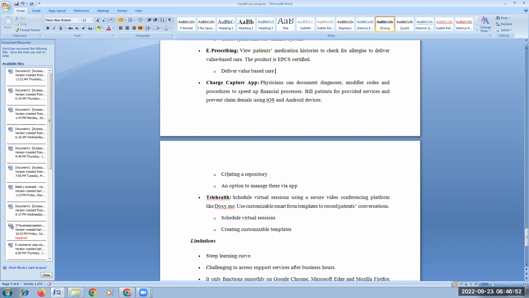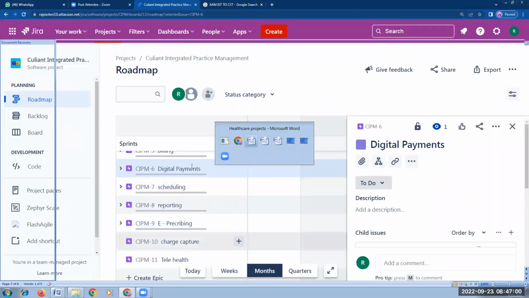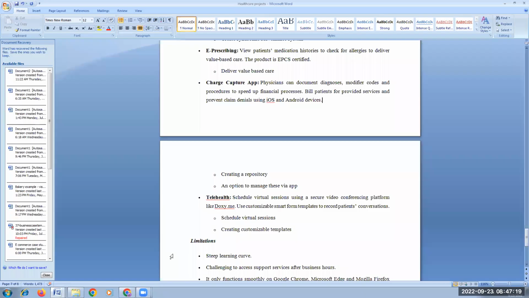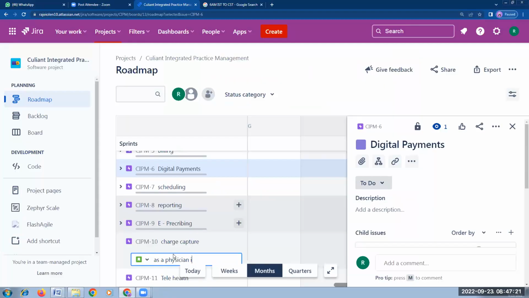Creating a repository to document all this for the physician. Here I have written doctor, there physician, but either way is fine, both are the same. Don't confuse. As a physician, I want you to create